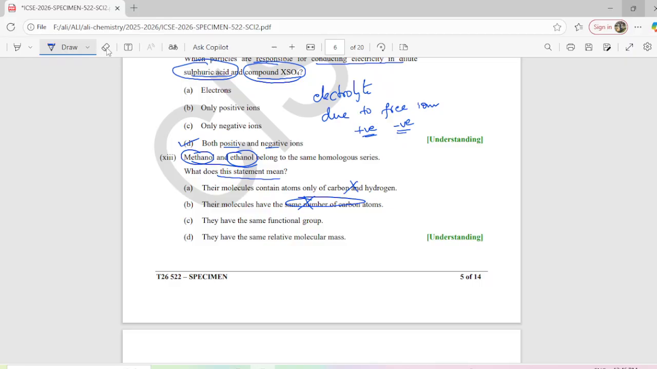Next, C. They have the same functional group. Yes, correct. They have the same functional group, that is the OH alcoholic group. So option C is the correct one. Next,